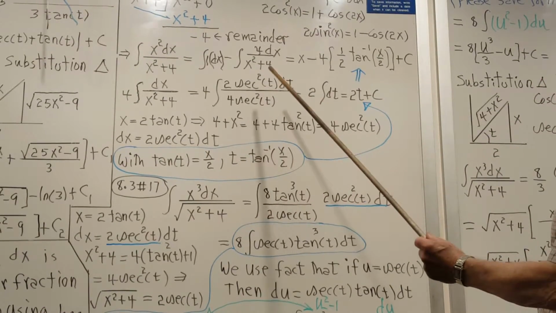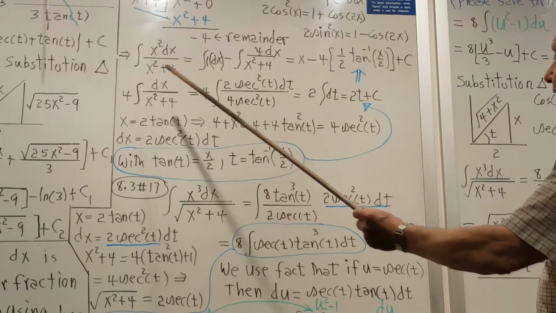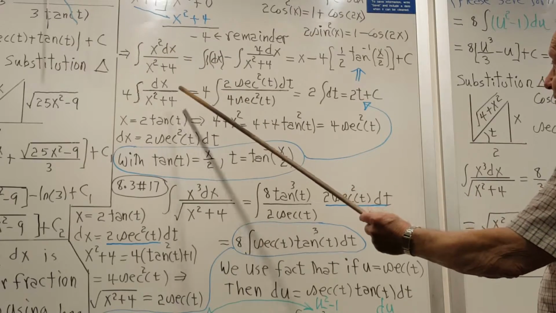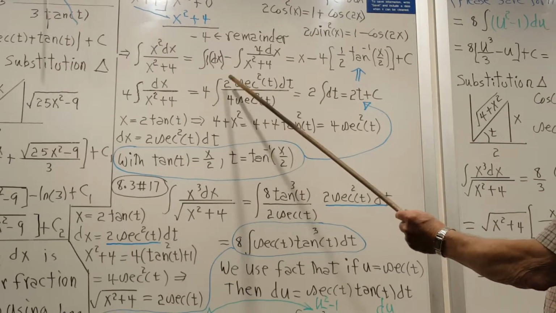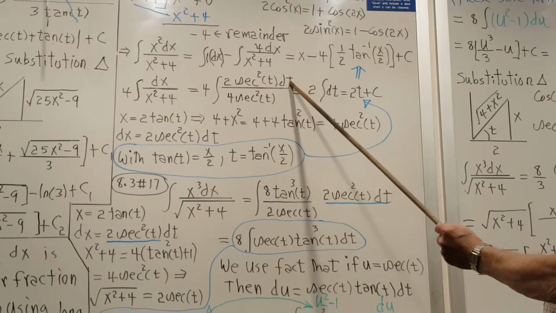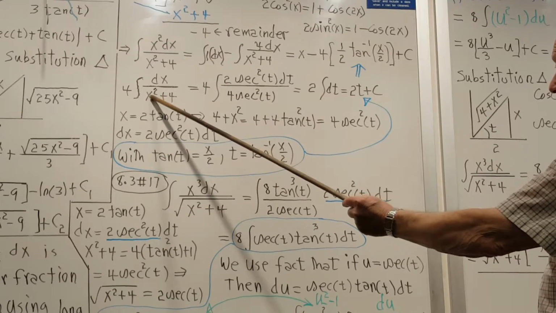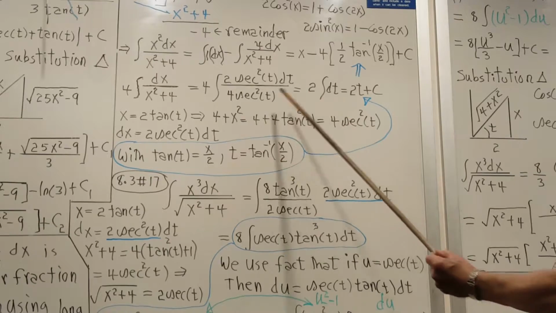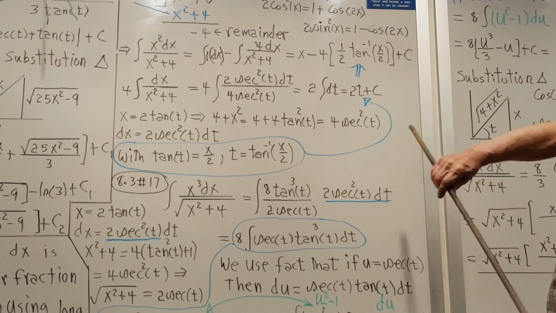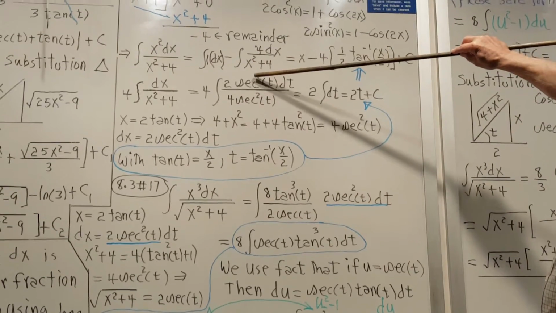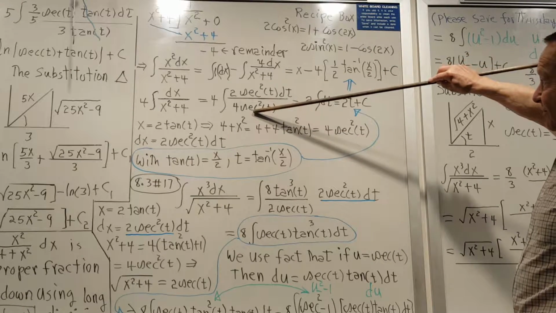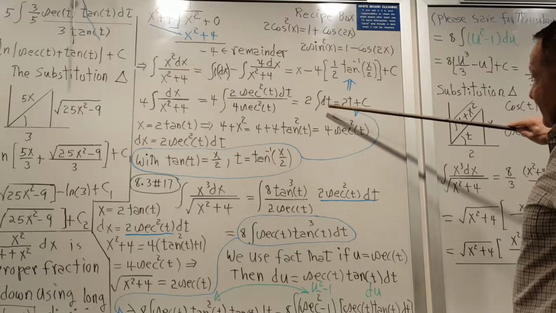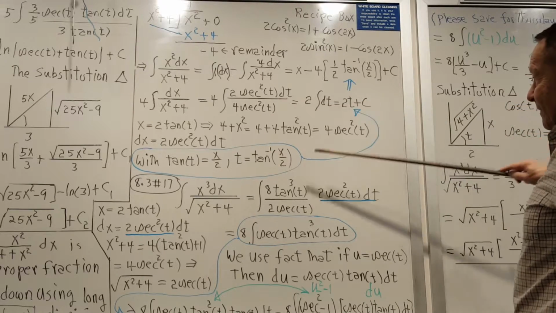And so what this will become then is your dx, which is your 2 secant square dt, over your x squared plus 4, which is the 4 secant square. And you notice the secant squares cancel, and the 4's cancel, so you have 2 dt, which is 2t,